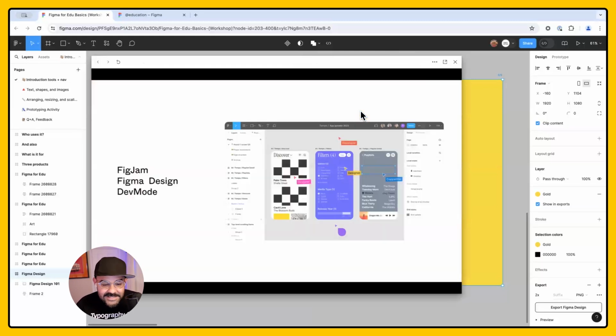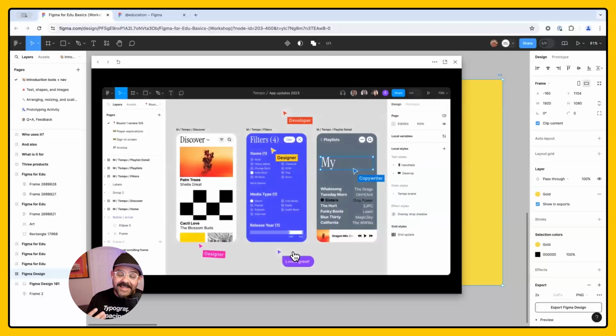So what is Figma? Figma is three products. It's FigJam, which is whiteboarding, collecting your ideas, brainstorming. Figma Design, which allows you to design layouts, mockups. You can design websites, and the look and feel of those things. You can collaborate with others. So if you're thinking about an app idea and you want to visualize how that app may look, that can be done in Figma. We also have Dev Mode, which allows a developer or a software engineer to work with you in putting that idea together.